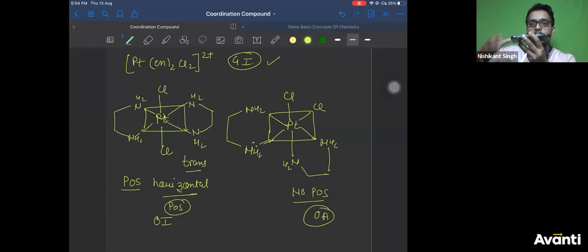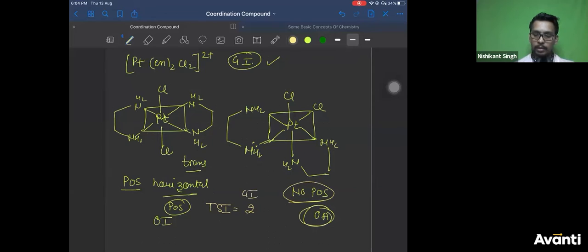So, are both the rings, this is the horizontal ring of the ligand ethylene diamine, and this is the vertical ring. Are these two rings lying in the same plane? No, these two rings are not lying in the same plane. So I can quickly say this does not contain a plane of symmetry and it is optically active. So total stereoisomers will be 2 geometrical isomers and 1 optical isomer. So total 3 isomers.